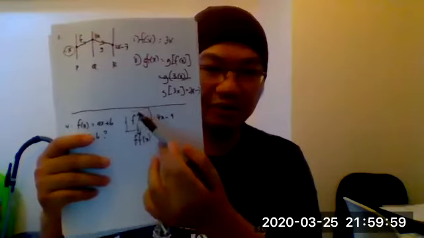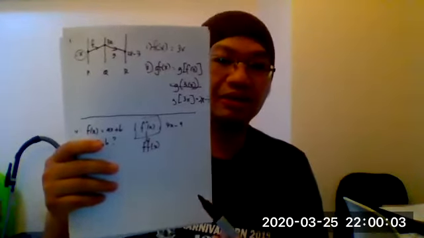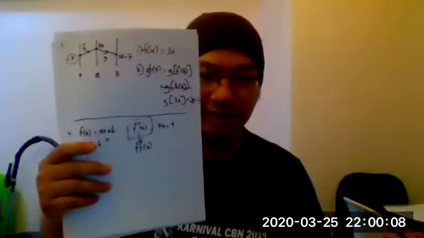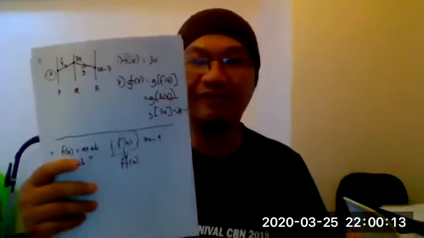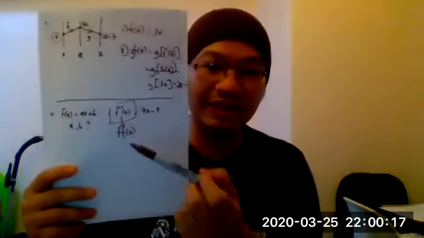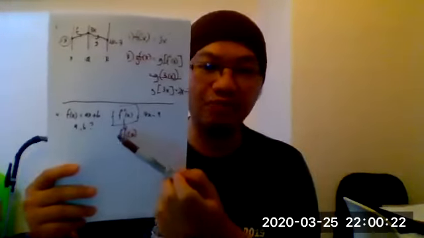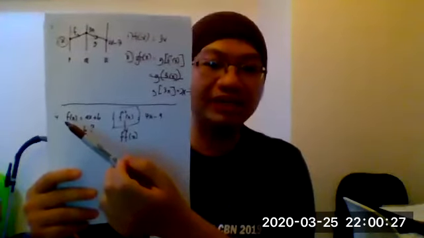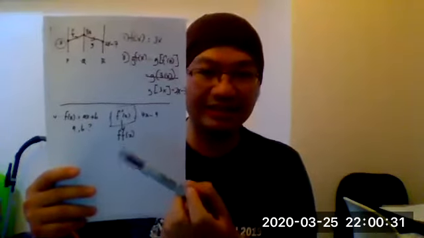Why double f here? Because power 2. If this is power 7, that means there is a 7f here. If this is a power of 100, that means there is a 100f. We need to compose 100 times. So, tapi tak payah compose sampai 100 kali. We have a formula for that. Don't worry. Now, since the given number is 2, so easy lah for us. That means we need to find the composite of ff. How to find the composite of ff? That's why we need to refer here. This is your original f. How do you compose fx like this?